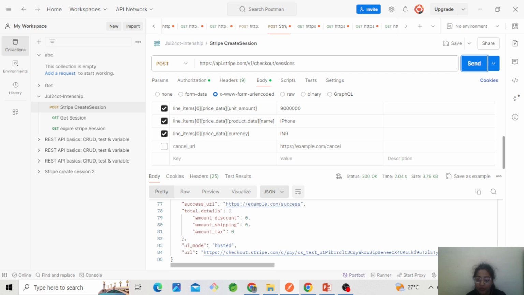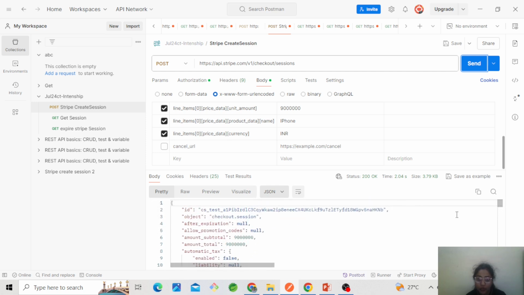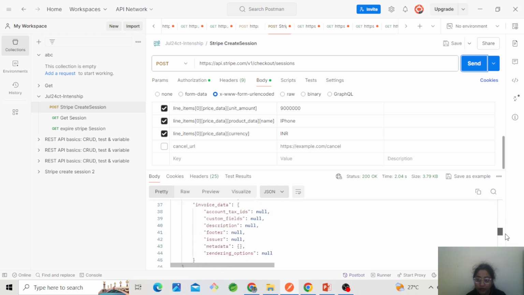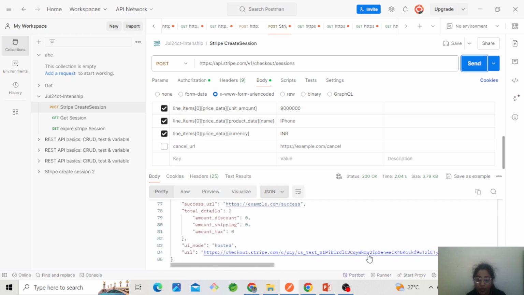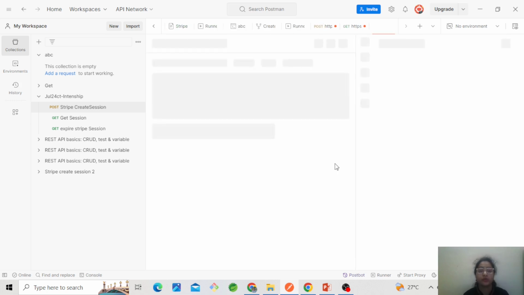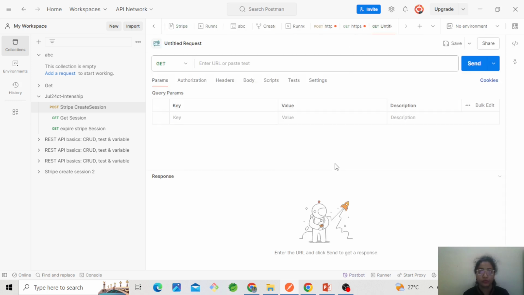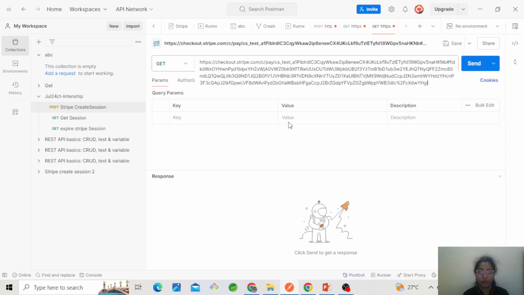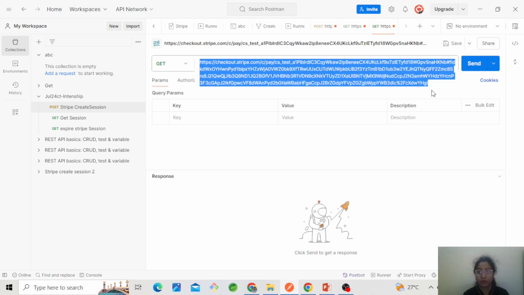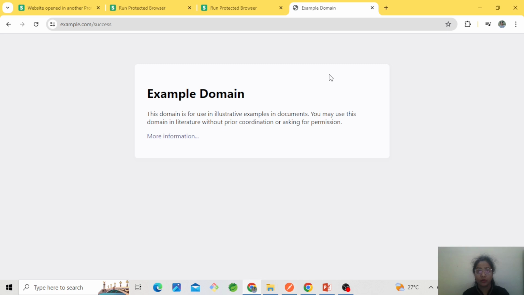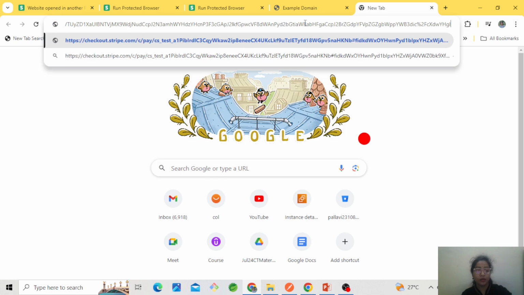Here the unique ID. Copy this URL, go to the browser, paste the URL,